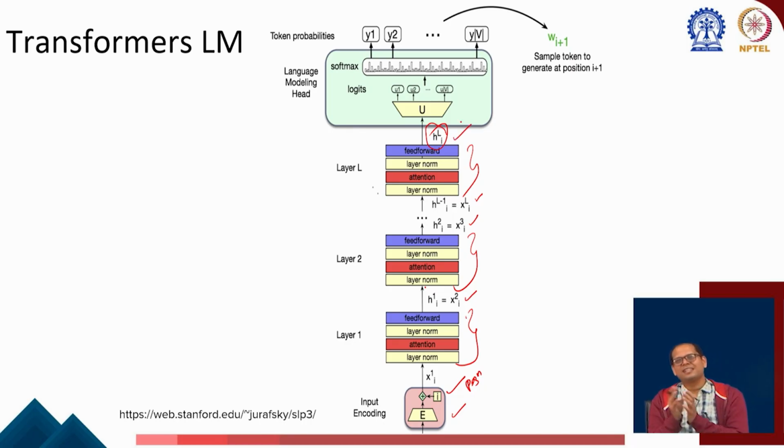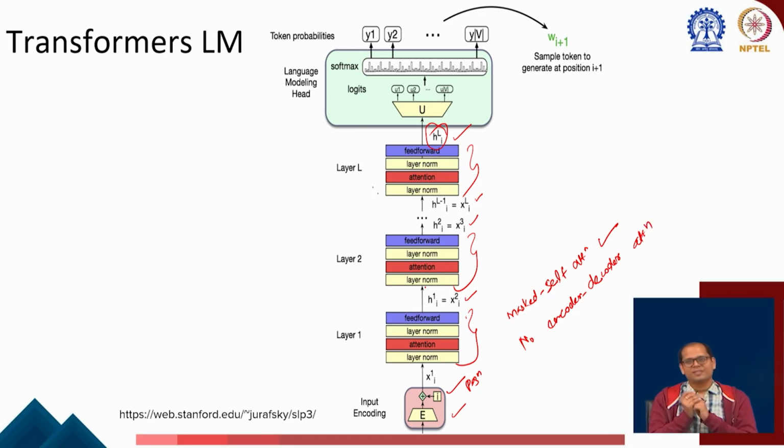So, this is exactly the same as what you did at the encoder, right. Of course, you will do masked attention because you will not attend to the future tokens. You may have the entire sequence at your disposal, but you will not attend to the future tokens. So, you simply do masked self attention, but there is no encoder decoder attention. That is there for the language modeling head, but there is no encoder decoder attention because there is nothing like an encoder here. You are only decoding, you are only